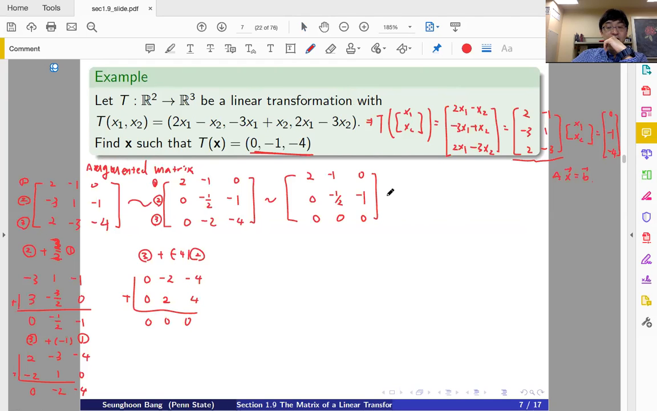Next, you can change it to the reduced echelon form. So you have to scale it. You multiply the second row times -2. So the top one is 2, -1, 0. The second row is 0, 1, 2, and 0, 0, 0. The next